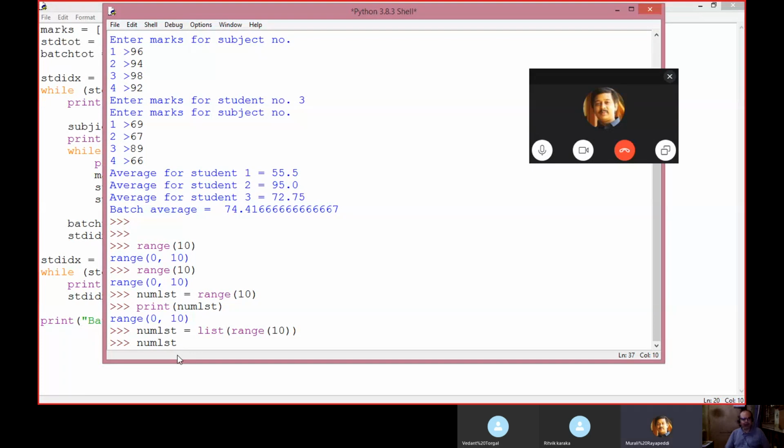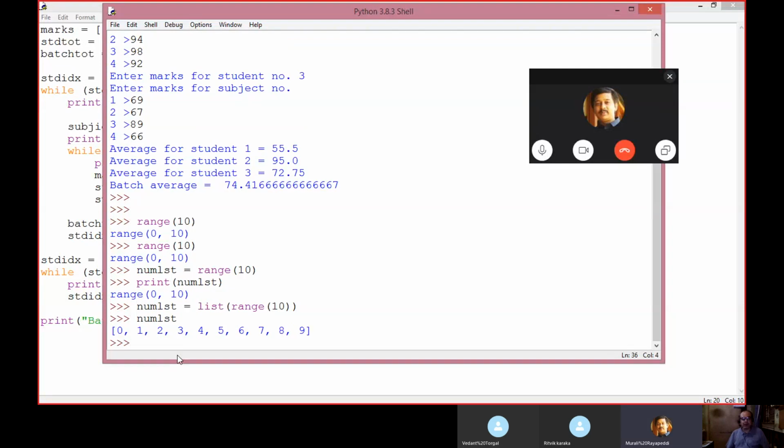Yes, Amit. Sir, you didn't teach the list function. I taught you the list, no? Sir, you just told us how to make a list with square brackets.